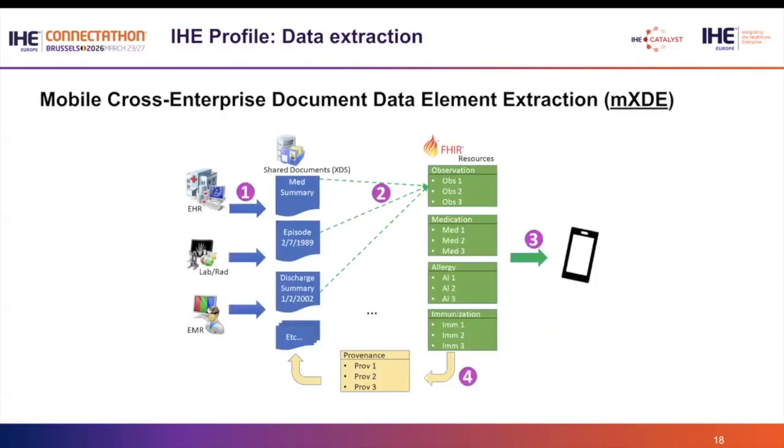Next slide. The other profile which we have in that area is Cross-Enterprise Document Data Element Extraction. That's a very complex name for a very complex profile, which deals with the problem that if you get data from a data repository, it sometimes comes from an initial data source. In the past, we had a setting with, for example, a document repository, and at its side there was a data repository, and the data sitting in the data repository was derived partly from documents, where they came from, like, for example, laboratory